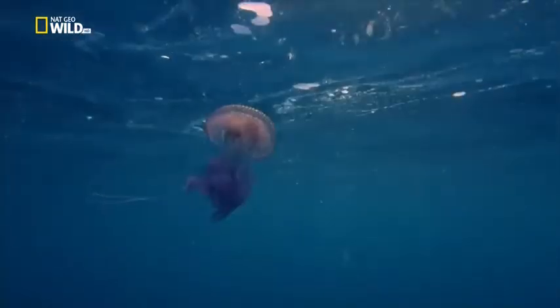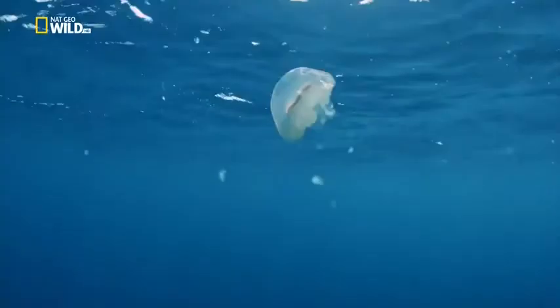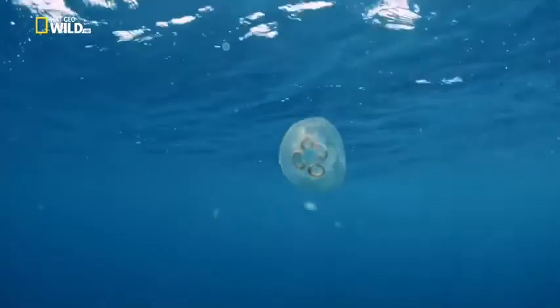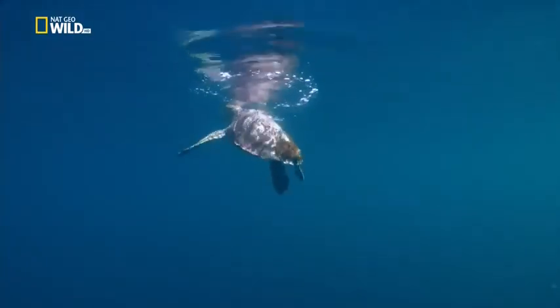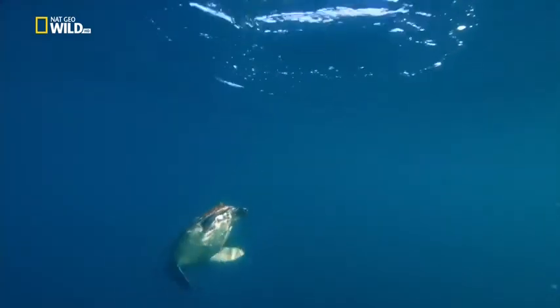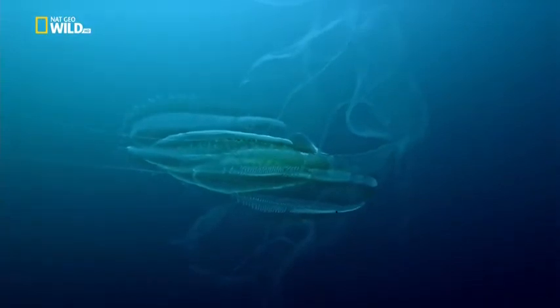Unlike salps, many jellyfish have venomous tentacles. But they too have predators. They're one of the favorite foods of loggerhead sea turtles. On their 5-year journey from the Florida beach where they were born, they swallow innumerable jellyfish immune to the venom. But there's another hitch. Comb jellies have no